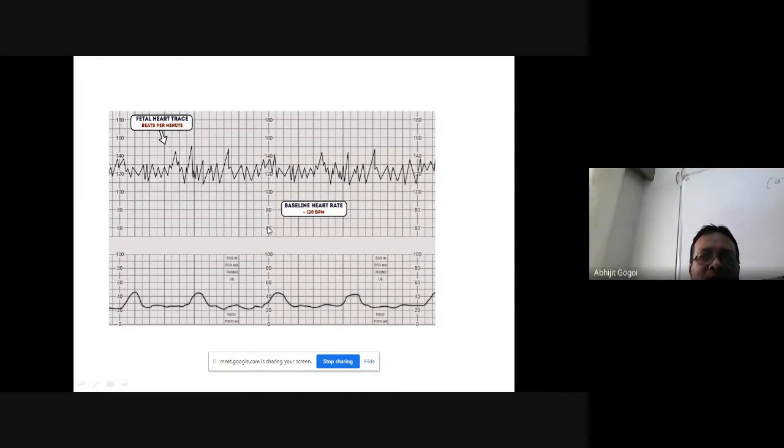So this is a fetal heart rate: 60, 80, 100, 120, 140. The highest point is called the peak and the lowest point is called the trough. You'll take a midpoint between the peak and the trough of the highest one and draw a midline. So it goes at the level of 130. That is the baseline heart rate. If you see here, the uterus is contracting 1, 2, 3, 4, so 4 contractions in the 10-minute paper. There are 10 minutes, this is 1 minute, 2 big lines are dark.